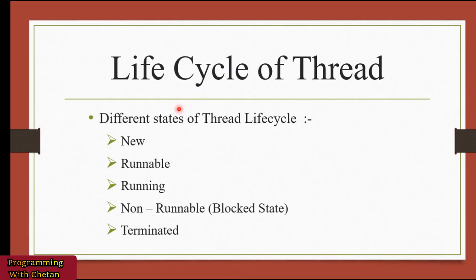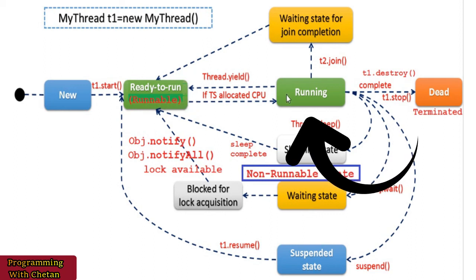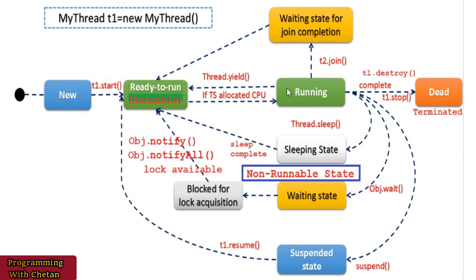Now let us discuss our next state, that is the running state. All those threads which are currently in the runnable state are available to the thread scheduler for execution. When the scheduler picks up the threads on the basis of preemptive scheduling or time slicing scheduling, it calls the run method of the thread class. Now our thread will move from the runnable state to the running state and it will start executing the implementation which we have provided inside our run method.